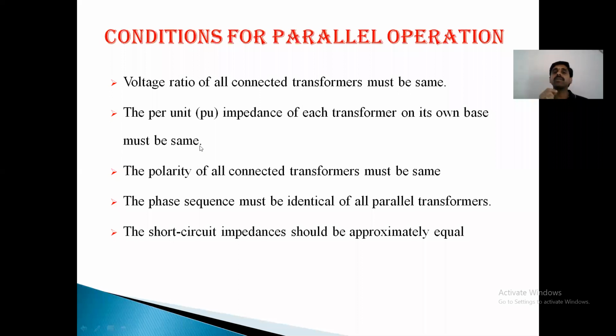I think you know what per unit impedance means. Generally we express resistance, reactance, etc. in ohms, voltage in volts, current in amperes. Instead of expressing all these things in different units, we have one special unit that is called per unit, which means actual value by base value. It is just like a percentage. Number of marks got divided by total marks into 100, like that. We can convert any unit into per unit.